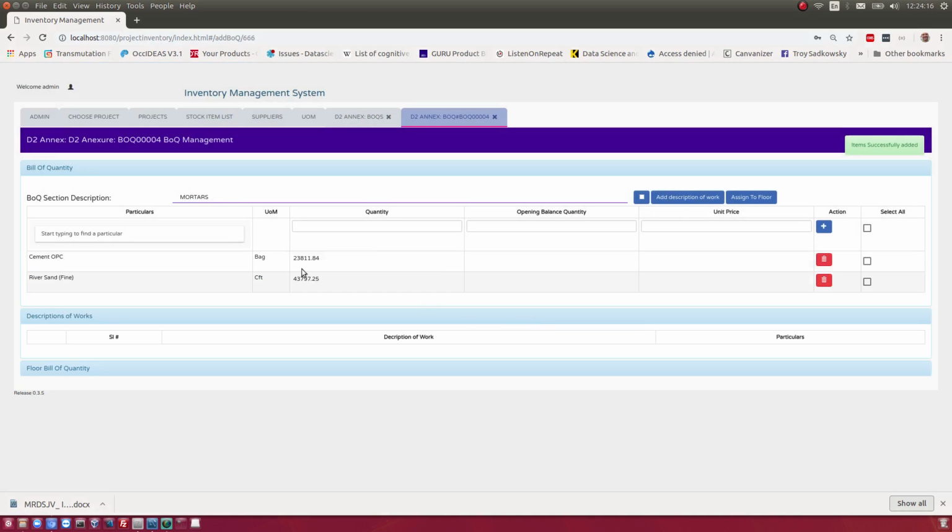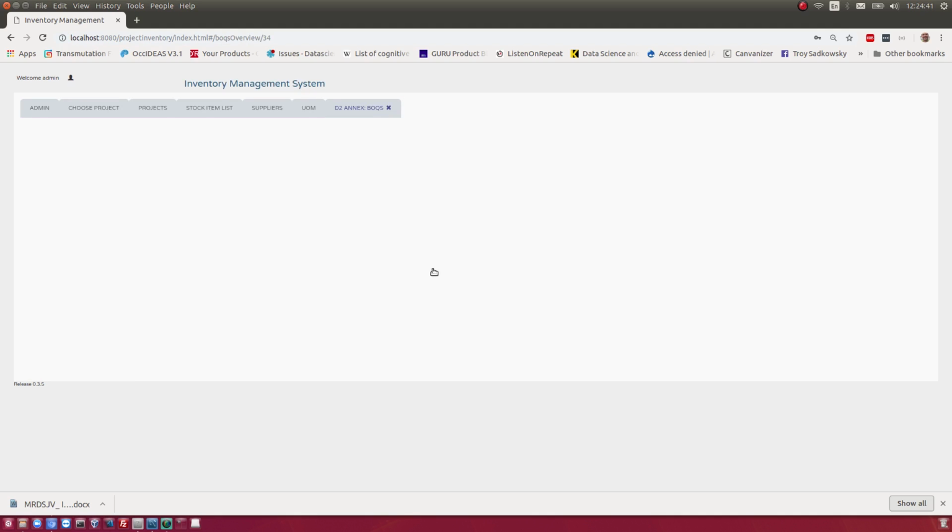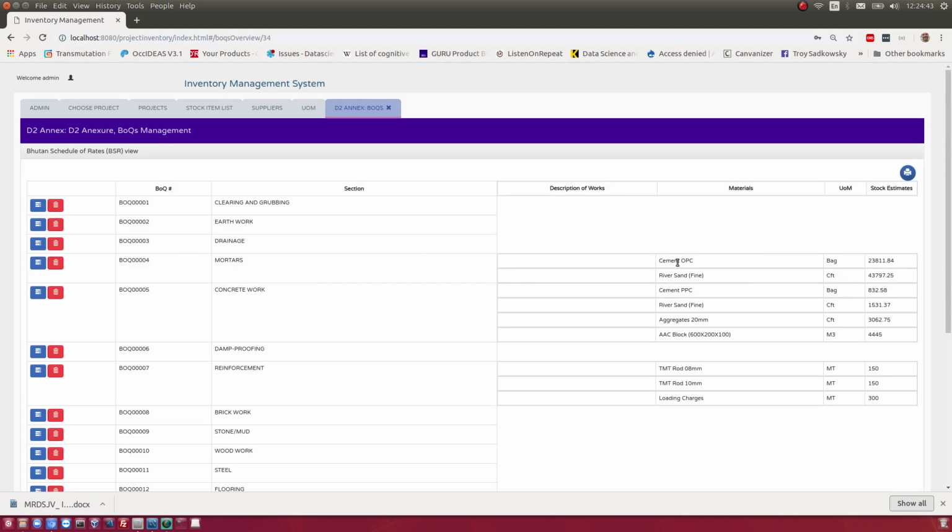So we just add, looks like we need about 23,800 bags to do this amount of square meters of cement, and about 43,700 or 800,000 cubic feet of river sand. So now that that's been entered, we can see back in our BOQ view that we've got some cement and river sand added. And if we go back one more step, we can add